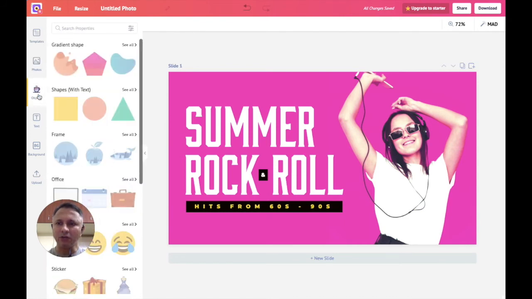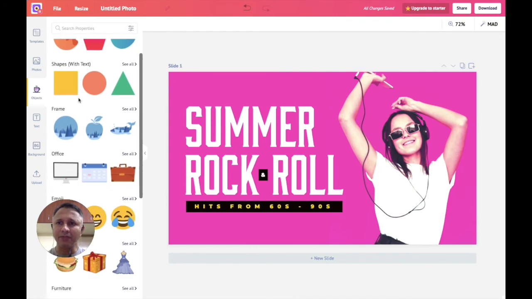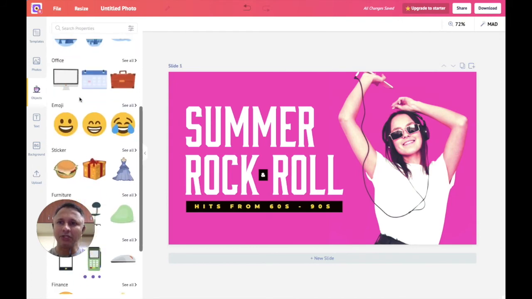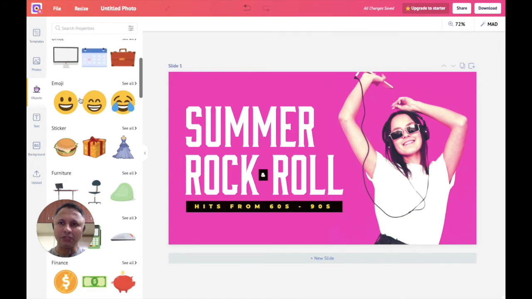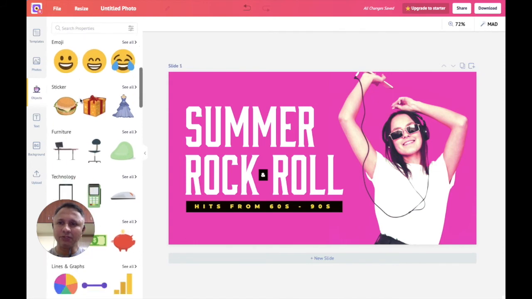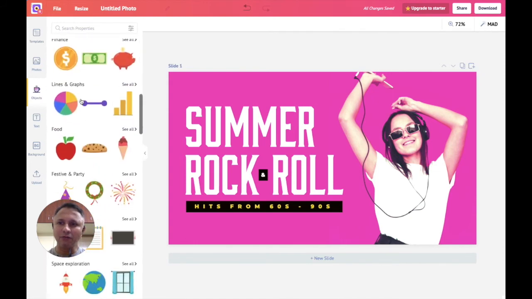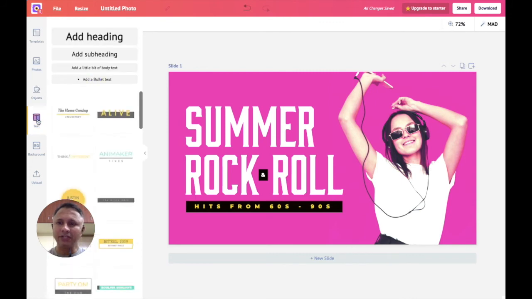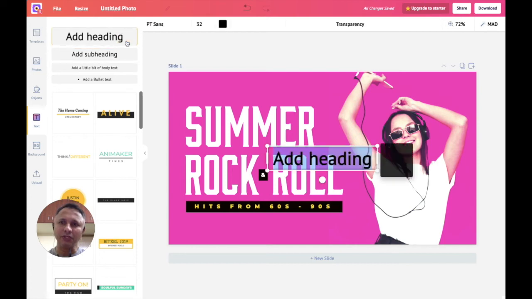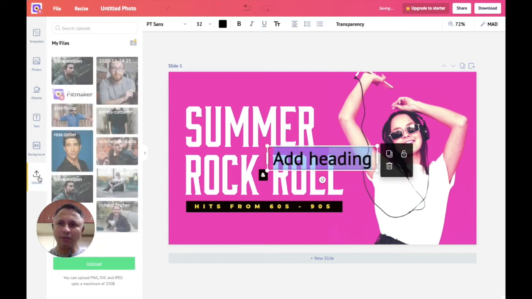And then click on objects. Again, there are millions of objects here that you can literally pick and plug into your design. Emojis, stickers, food icons, and a lot more. And then click on text here to use the different font family that you see here. And then scroll down to upload here to bring in your pictures, or click on upload here to import pictures